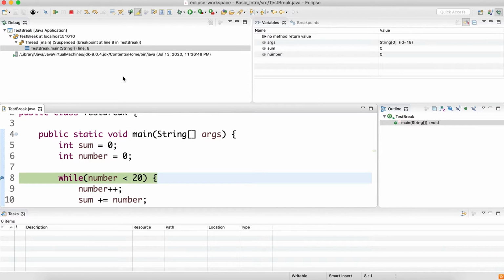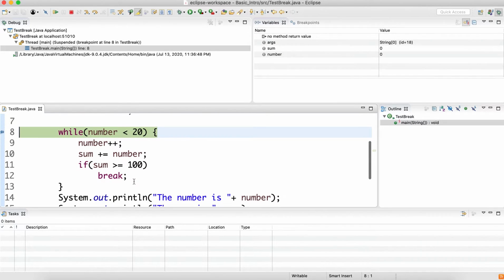What will happen is the program will start executing from the main method, and it will pause at that line, the breakpoint. From that line we want to examine the program step by step, and the outputs and the variables are here, whose values you can see changing in steps.